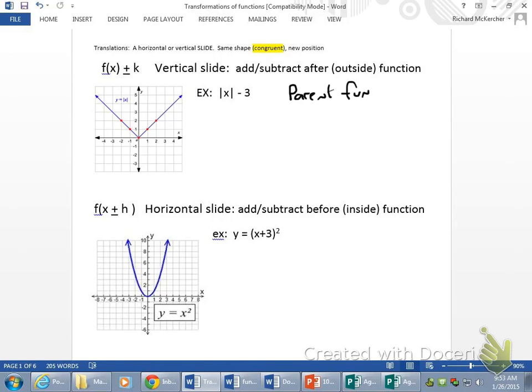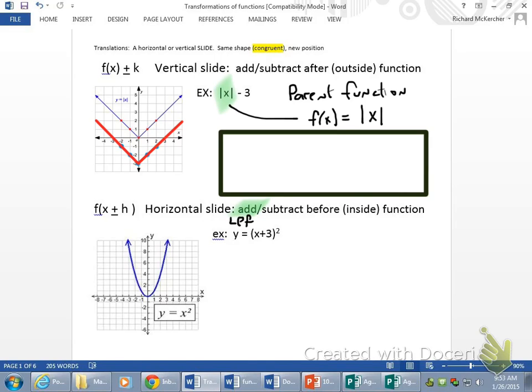First thing I do is just kind of recognize what the parent function is. For this graph, the parent function is the absolute value. And then we graphed that in the calculator. We realized that everything was exactly 3 y units lower. So we reminded ourselves that when we add or subtract on the outside of a function, for